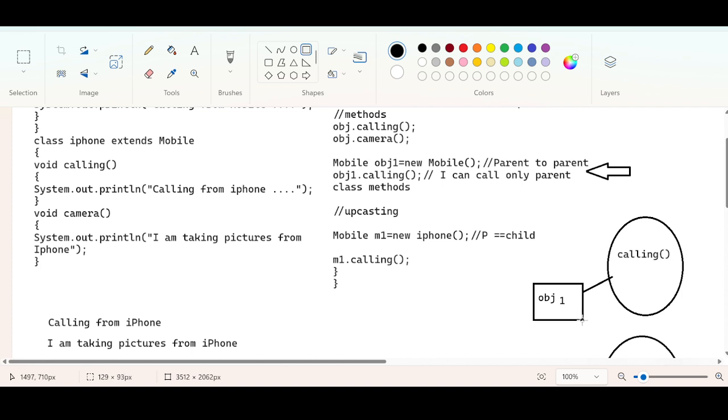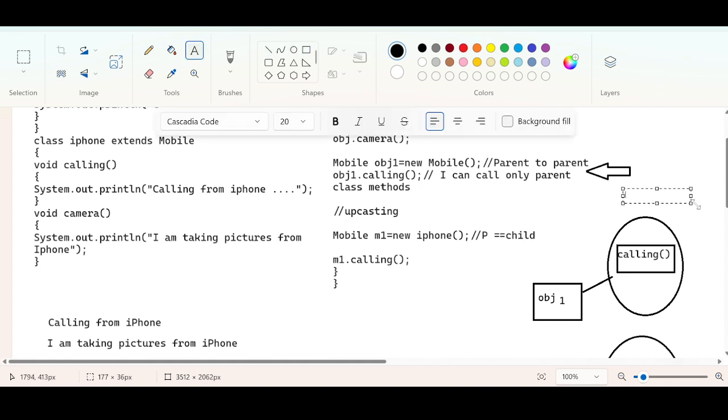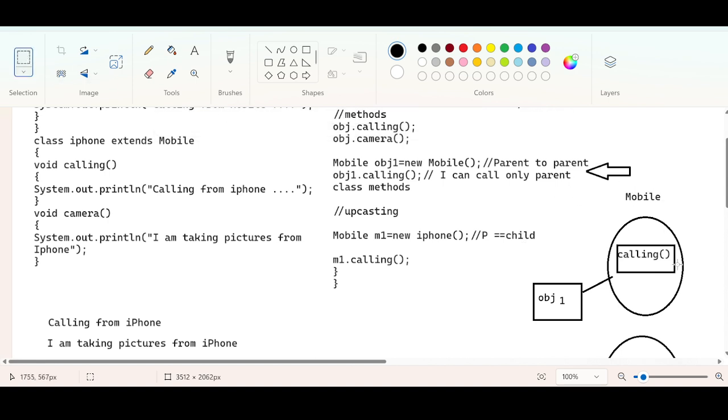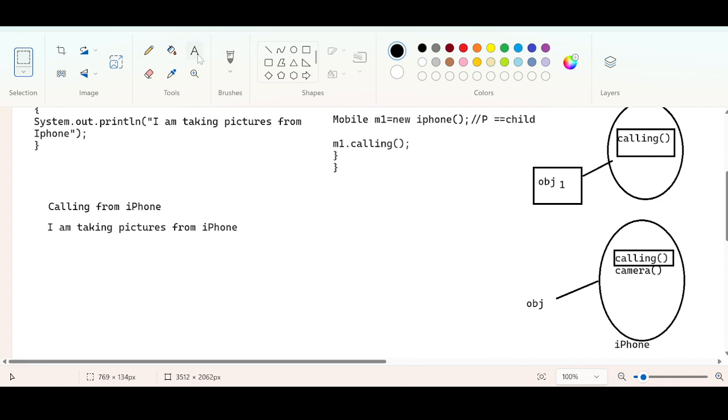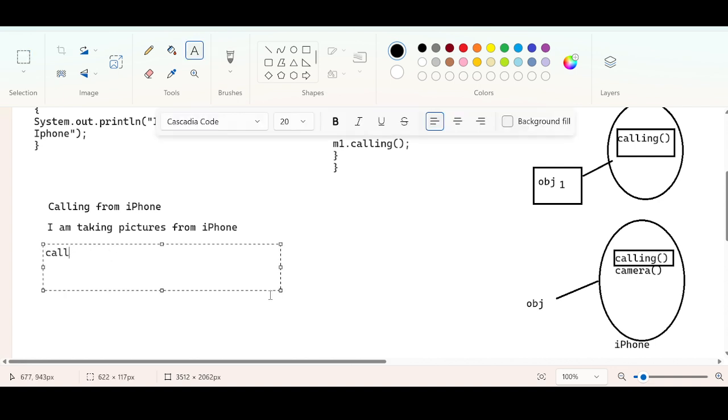We are calling the calling method of the mobile class, right? So this part will be executed, and calling from mobile will be displayed in the console.